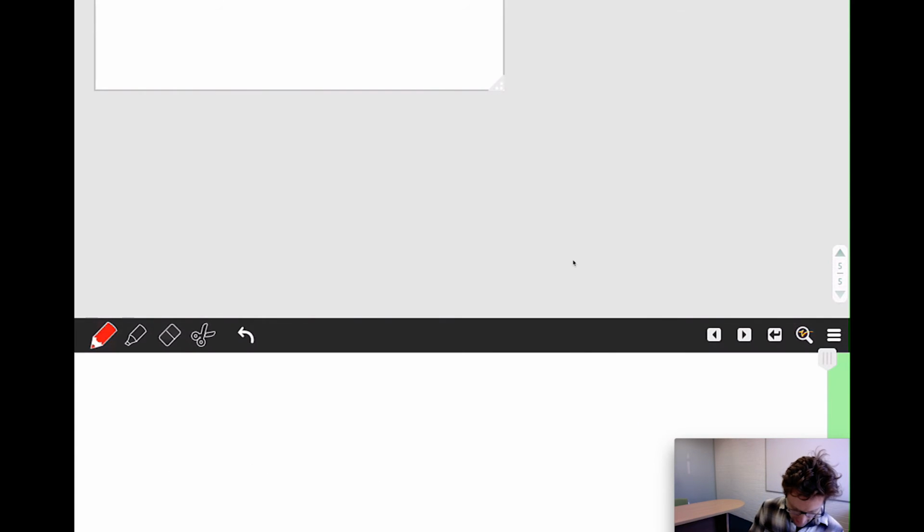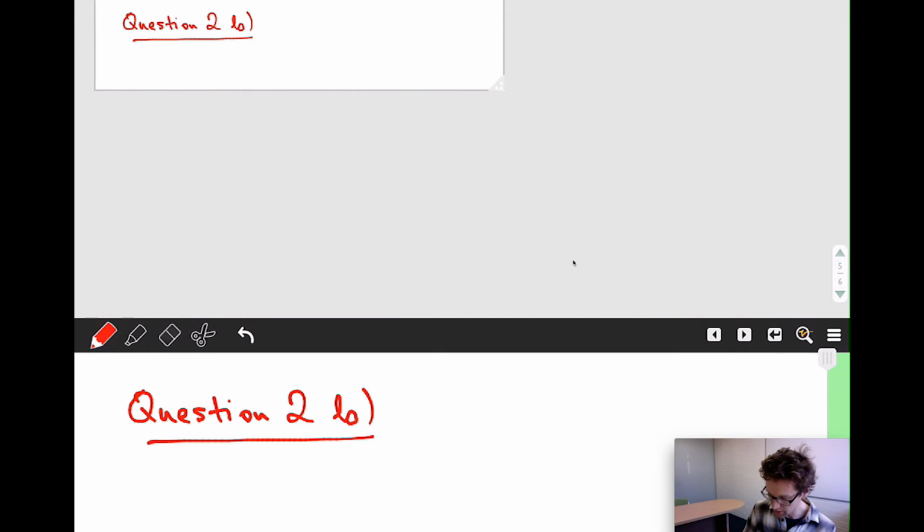So this is question 2, part B. Again, part A is just an application of your tables, so you can do that yourselves. So in part B,